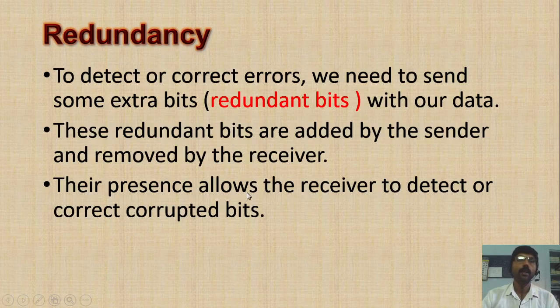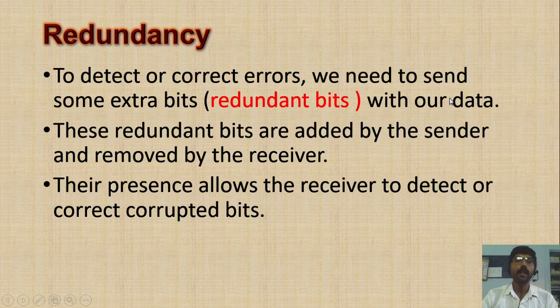Next one is called redundancy. Here the question arises: how does the receiving side identify whether the sent data is corrupted or not? For that, the sender has to attach extra bits to the data. Such extra bits are called redundant bits. To detect or remove some errors, the sender adds extra bits, called redundant bits,